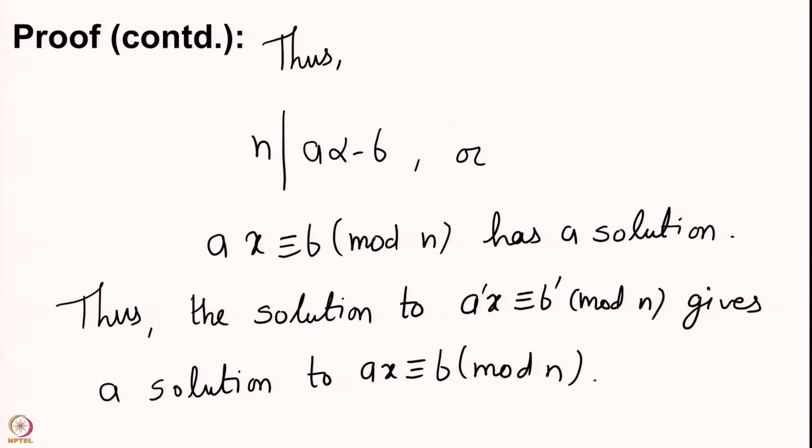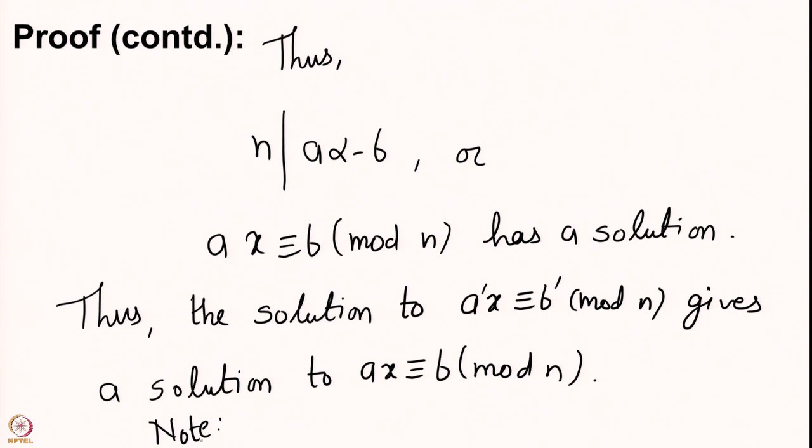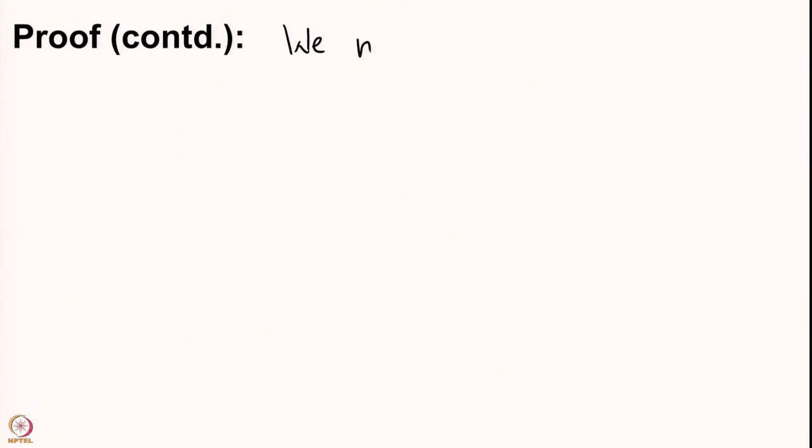We want to now go in the other direction. So, we will assume that the larger equation has a solution and we want to obtain a solution to the smaller equation. You would have noticed that there is something that we have not used yet, which is that A comma n equal to 1 is not yet used. This is going to be used in the second part. So, second part is where we will assume that the bigger equation has a solution and we will prove that the smaller equation also has a solution.